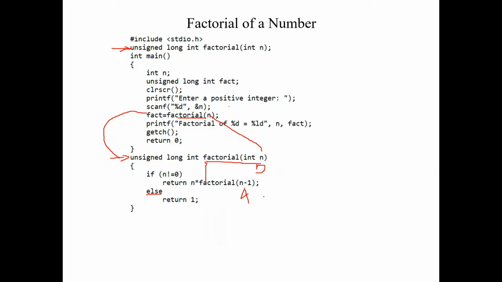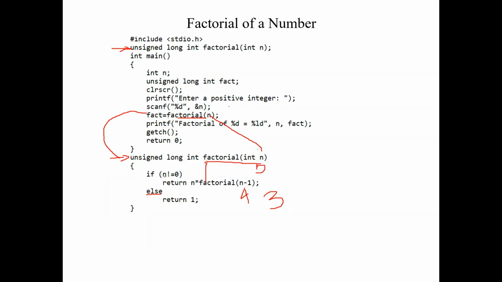So now, when we are calling the factorial function recursively, we will be passing the value of 3. Got it? So we are passing the value of 3. Again, it will move to the function definition, where we assign the value of the formal argument as 3. Again, it will come inside this function.